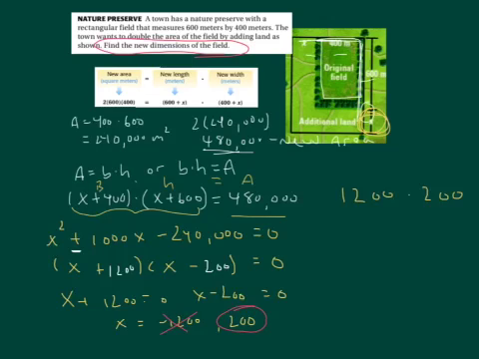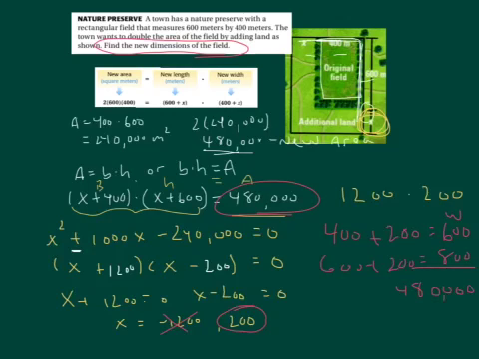So we're not done yet. We just have the value of x. So it's going to be 400 plus the 200 is my new width, and my 600 plus the 200 is my new length. And is 600 times 800 equal to that 480,000? Is that double? Let's see, 6 times 8 is 48 plus the 4 zeros. So indeed, that's 480,000. So we have a 600 by 800